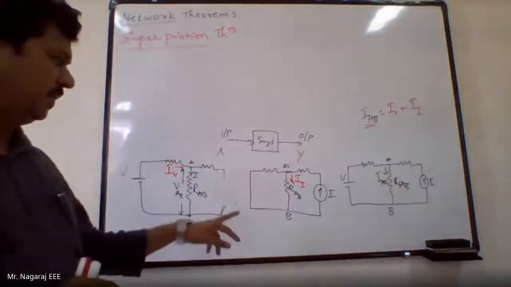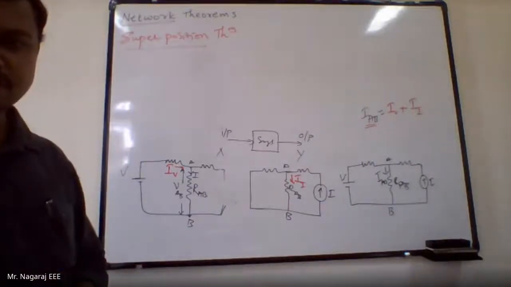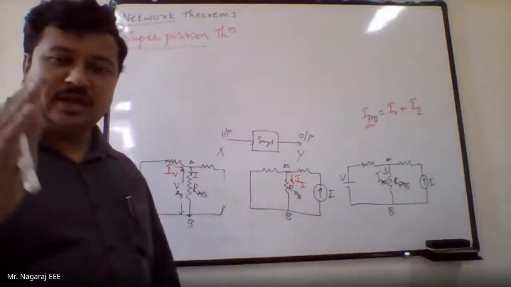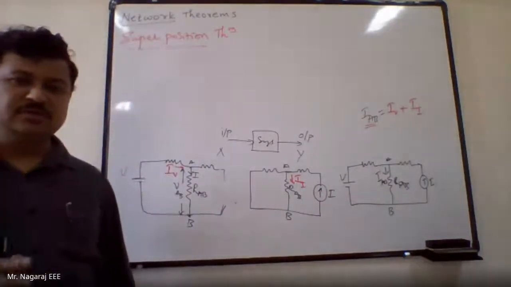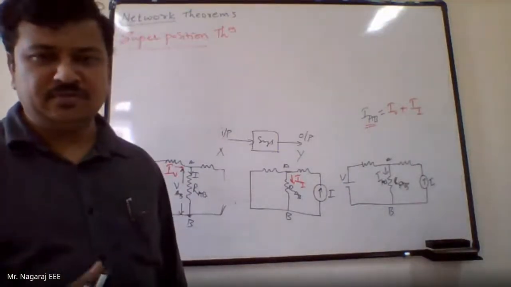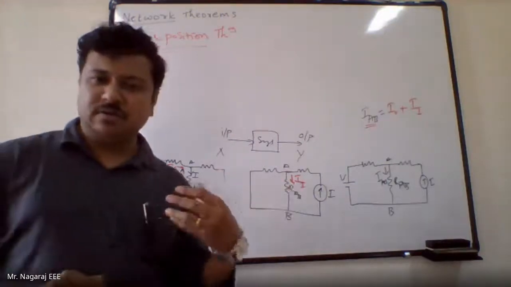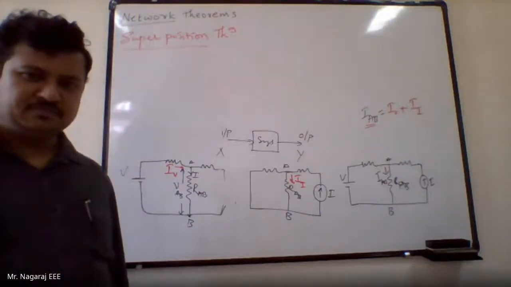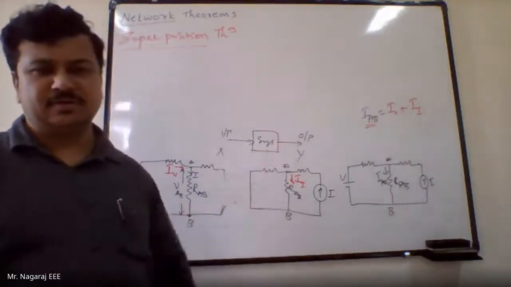Okay, and this is applied for only independent sources. Now suppose there is a dependent source in the circuit. For any dependent source in the circuit, it must be kept as it is, because a dependent source doesn't have its own independent value. So the dependent source is not giving out the power, or not giving out the response due to its own quality, but it is depending on some other parameter.